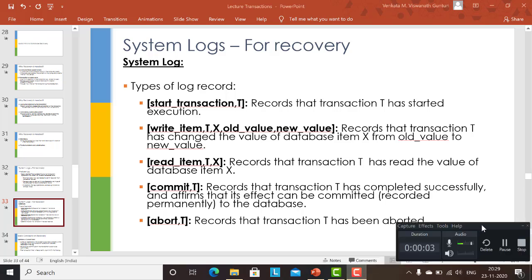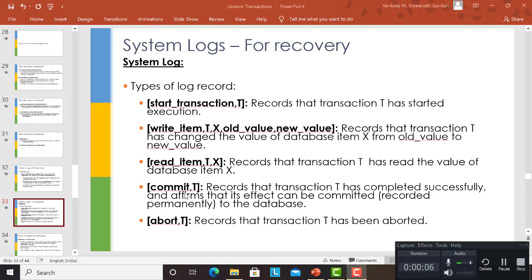So commit statement: when a transaction writes commit to the system log, it means that the transaction has completed successfully, and it's an affirmation that whatever changes it has made to the database can be recorded permanently in your database, right? It is some kind of certification that a transaction has done everything it was supposed to do, and there were no errors, no exceptions, nothing. And it's like this: